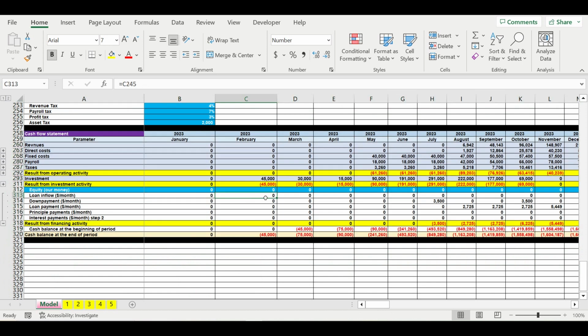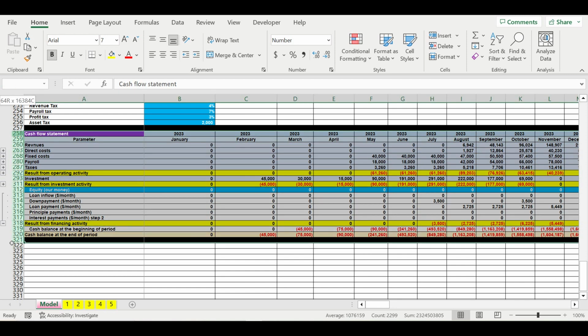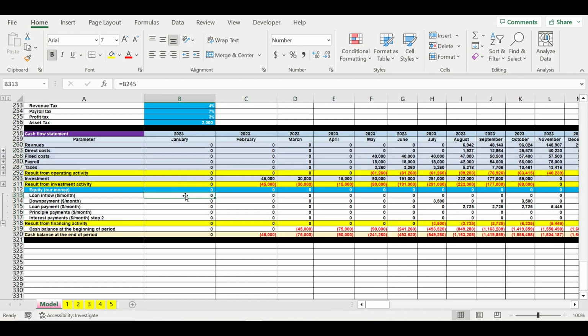So what is the basic rule for when we start calculating the amount of money that we need? First of all, we need to build all that stuff that I was describing a few moments before. Then we need to build the cash flow statement, so it is necessary. And then if we look at the last line of the cash flow statement, cash balance at the end of the period, this line must be positive or zero.